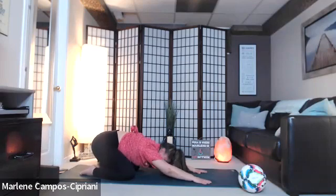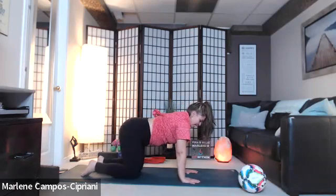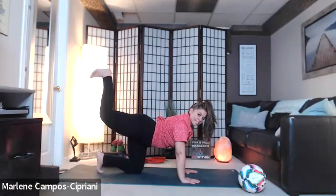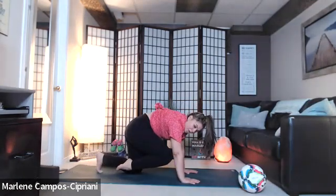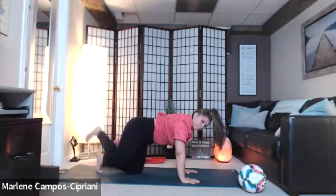Good. When we're ready, we're going to inhale, rise up to all fours. Getting that glute activation, tuck the toes. Kick your right heel to the sky, right? You're engaging the glutes. Good. And then bring the knee towards the chest for the lower abdominals, and then press the heel to the sky. Just a few rounds. 4,